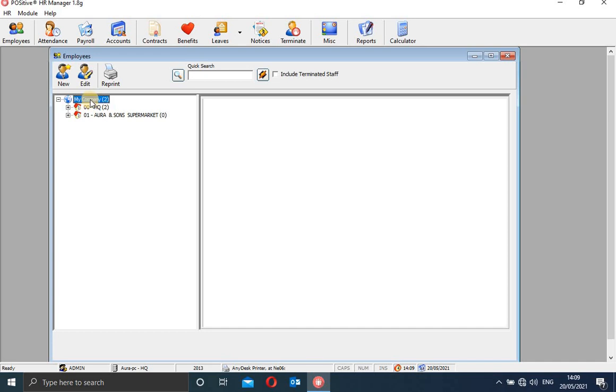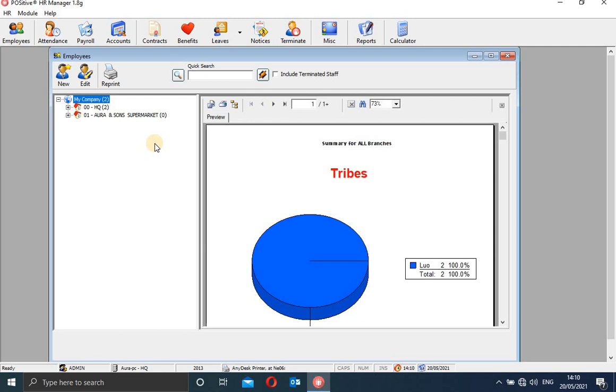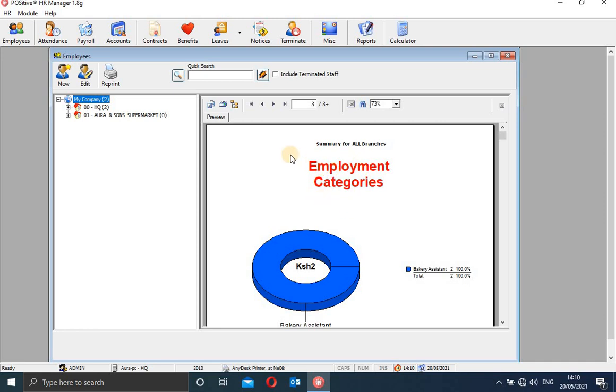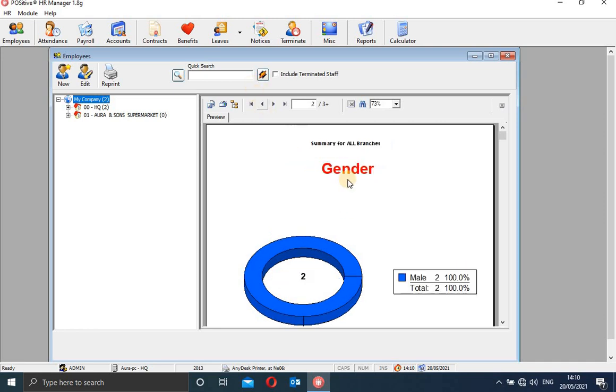First of all, before you do the employment, there is always an internal intelligence in the entire system. Every time you do an employment, a background report populates itself. This is one of the intelligence report systems that shows you how the employment has been going on, for example the number of tribes, the different tribes that you have in your company. You can also check that.